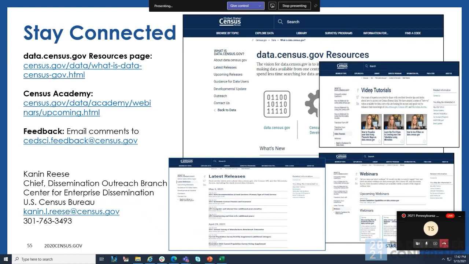Awesome. Someone mentioned that downloads sometimes don't have GeoIDs, and that can be important for linking to shape files. No, if you do see that, let us know the specific instance, and we can go back and make sure. They should have GeoIDs with the downloads, but if they don't, like I said, let us know. We can look into it.